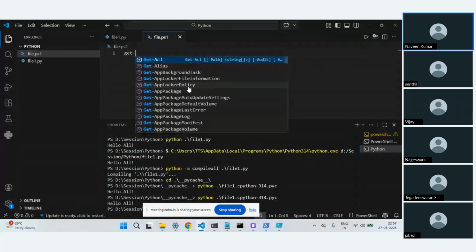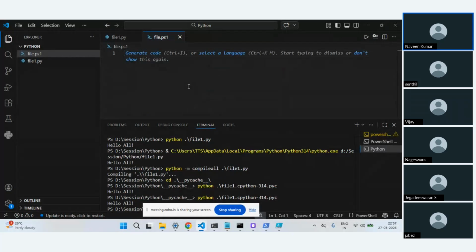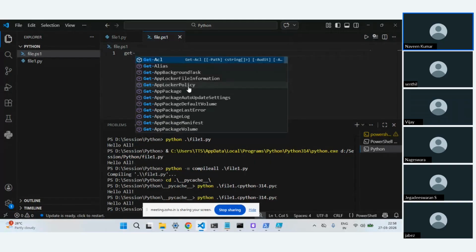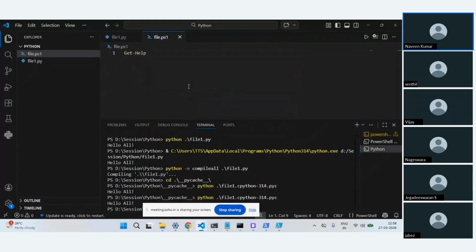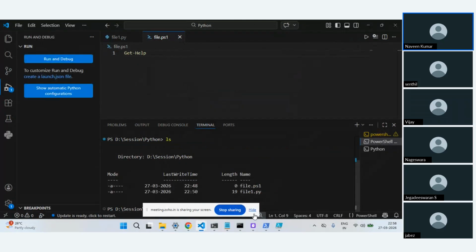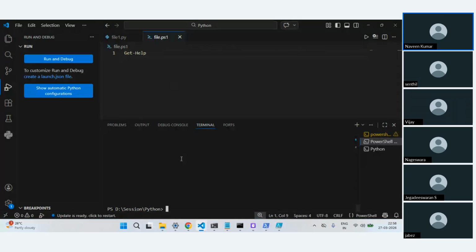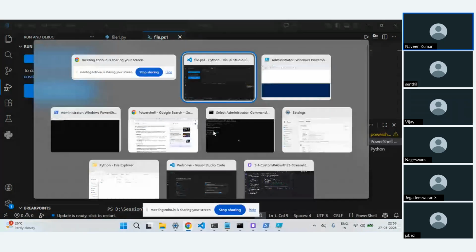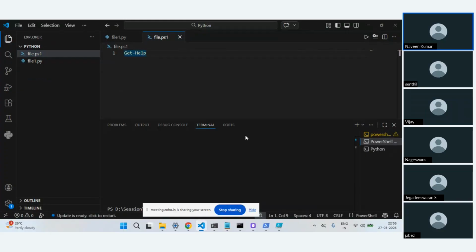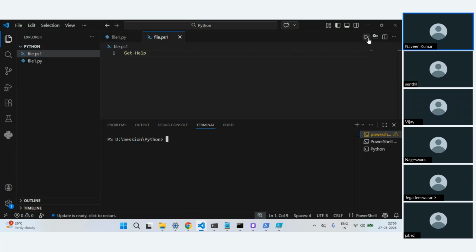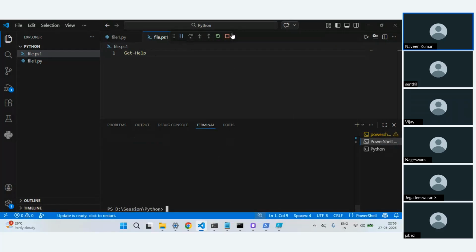So here you will have the commands, or you call it a cmdlet, in a verb and a noun. Okay. If I do Get-Help, this is a cmdlet which I can run, and it's going to print the help. Maybe I will just hide this. It is actually trying to open. What I'll do is I'll do Get-Help.